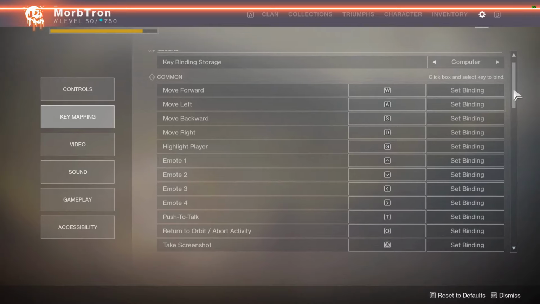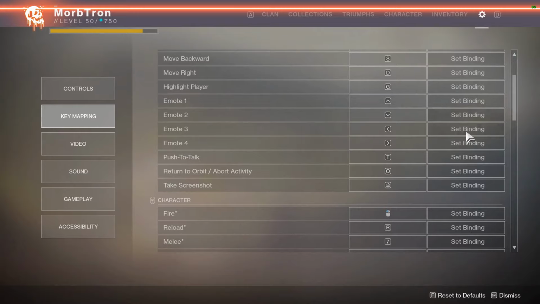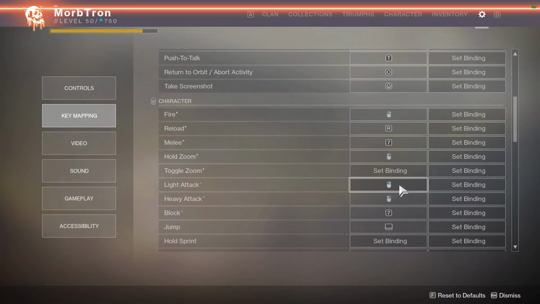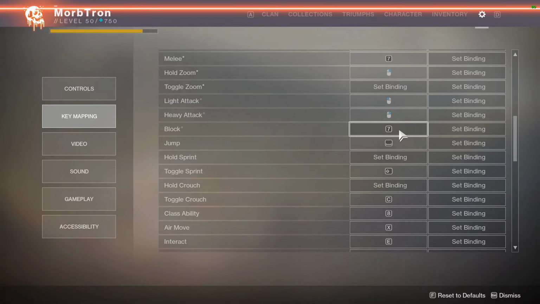It's probably just highlights, just like on console, and you mouse over somebody or cursor over somebody. So the things that I do change for sure. Reload is R, that's default. My melee you'll see is 7, and my class ability is 8, and block is also